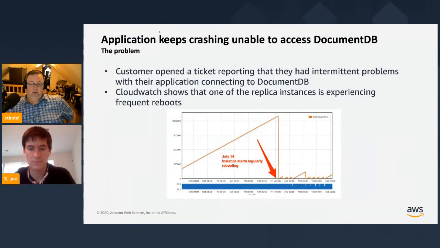Okay, so a customer opened a support ticket, of course, so I won't tell you who the customer is. It's all anonymized, but this is real data from the support ticket. You can see that this is the engine uptime metric, which just tells you how long the DocumentDB instance has actually been running without rebooting or stopping or anything like that. And it was going up monotonically for a long time, which is really what you want to see in a healthy cluster. And then all of a sudden, it just dropped on July 14th, and it entered this sawtooth pattern